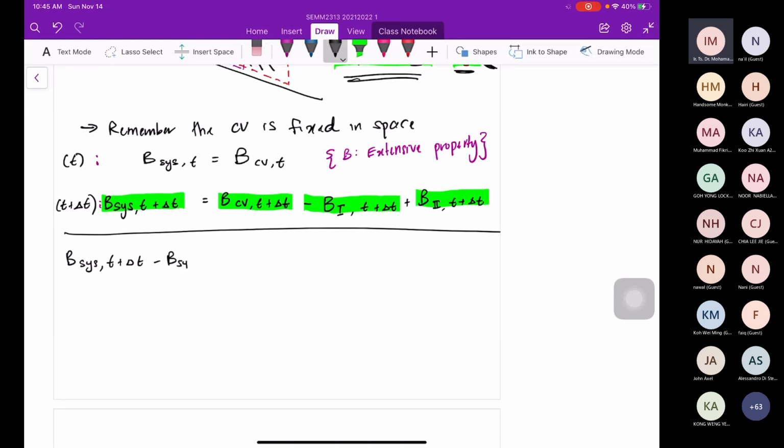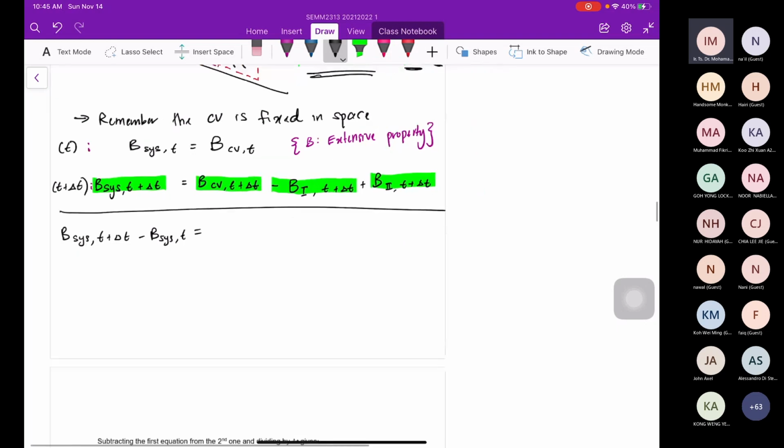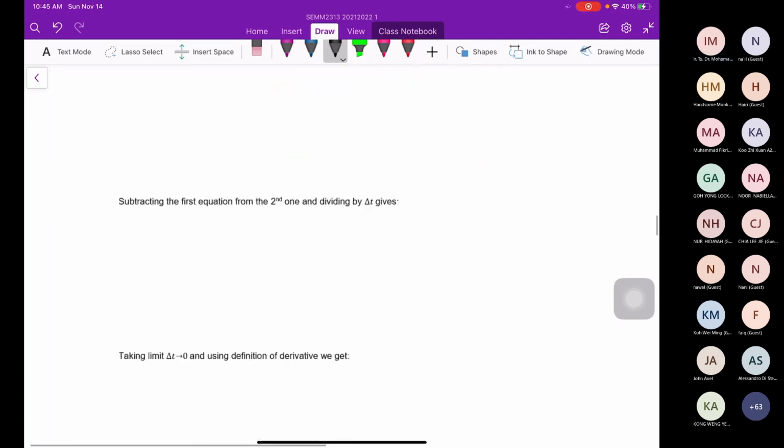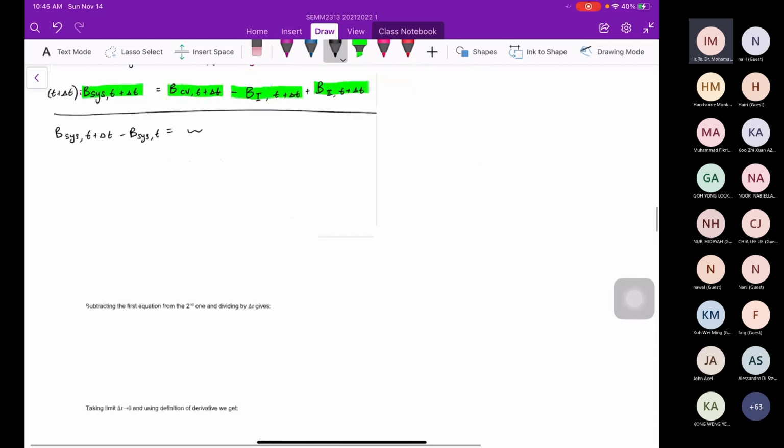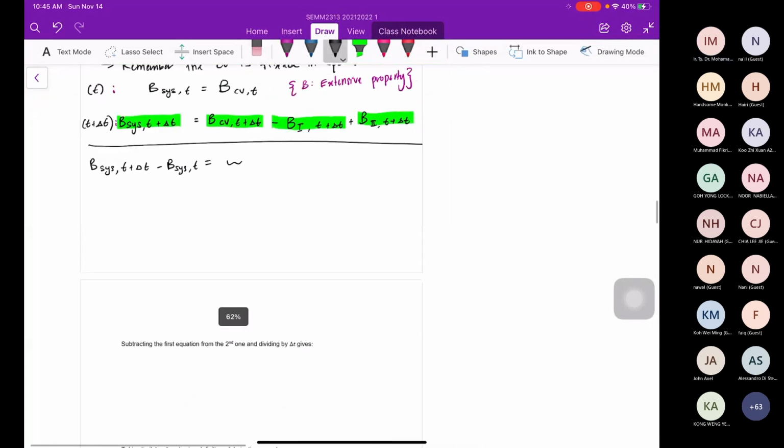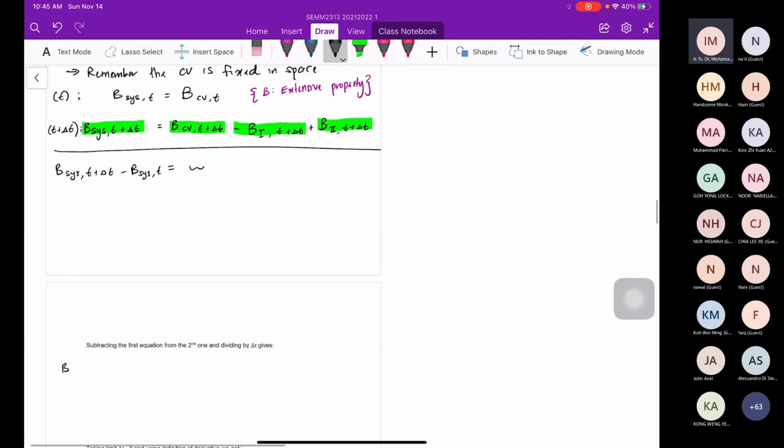Minus B of the system at t. And then equal, you just minus only. Alright, this is continue. Continue here. So, B of the system, okay, B of the system